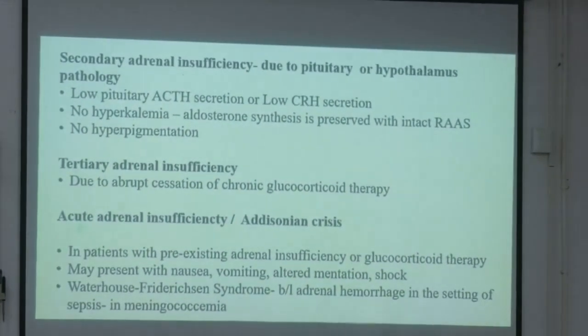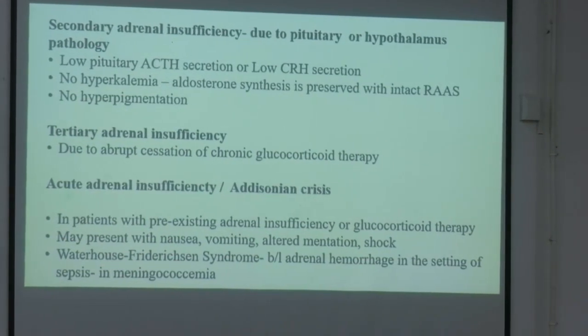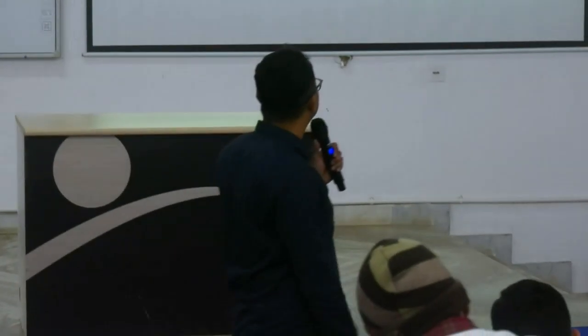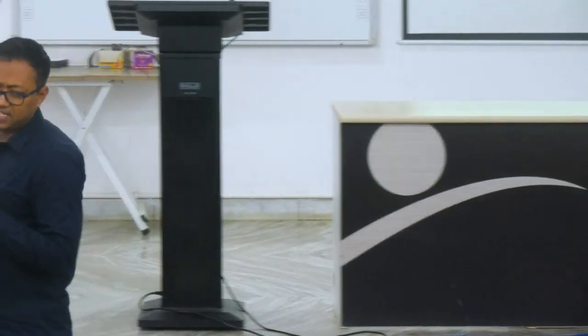And in context to this acute adrenal crisis, one very important term is Waterhouse-Friderichsen syndrome. What is that? It is bilateral adrenal hemorrhage due to sepsis, very frequently with meningococcus infection, meningococcemia, right? Due to meningococcal infection, the patient will undergo sepsis and it will cause adrenal hemorrhage. Okay, so sudden destruction of the adrenal cortex, and all the hormones from the adrenal cortex will be depleted, right? So this is called Waterhouse-Friderichsen syndrome. It happens in bilateral adrenal hemorrhage in the setting of sepsis, meningococcal sepsis, meningitis.